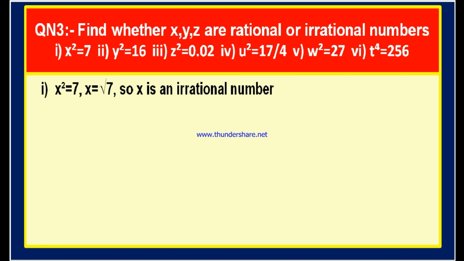The square root of a perfect square number, that is root 1, root 4, root 9, root 16, root 25, root 36, root 49, root 64, the square roots of perfect square numbers are always rational numbers. But the square roots of the remaining numbers, that is square root 2, square root 3, square root 5, square root 6, square root 7, square root 8, square root 10, all these numbers which are not perfect squares, if you find their square roots, you will get an irrational number. Here 7 is not a perfect square. Therefore, if you find the square root of 7, you will get an irrational number.